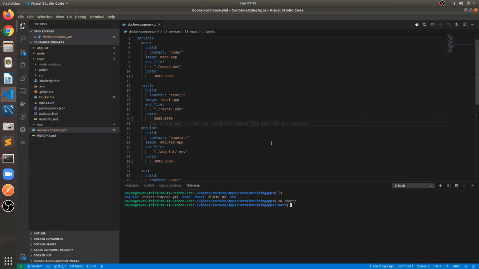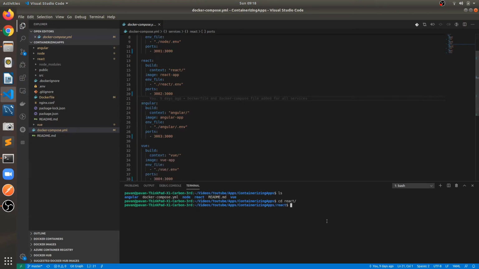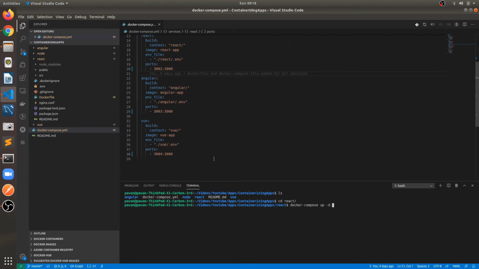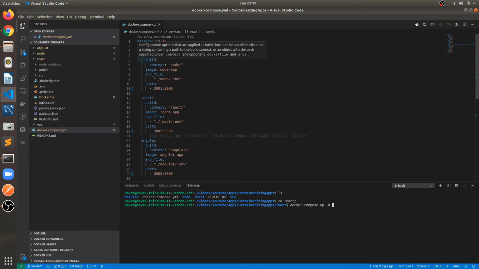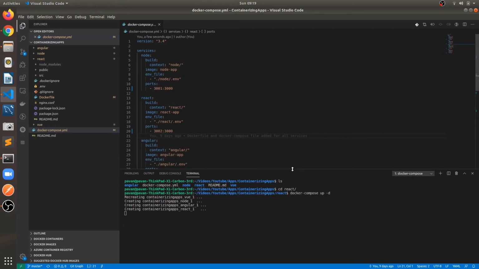I will be creating the services using Docker Compose. Here, docker compose up in detached mode. If I run this, it will run all the services inside this Docker Compose file. Let's run this. We can see all these images are already created.